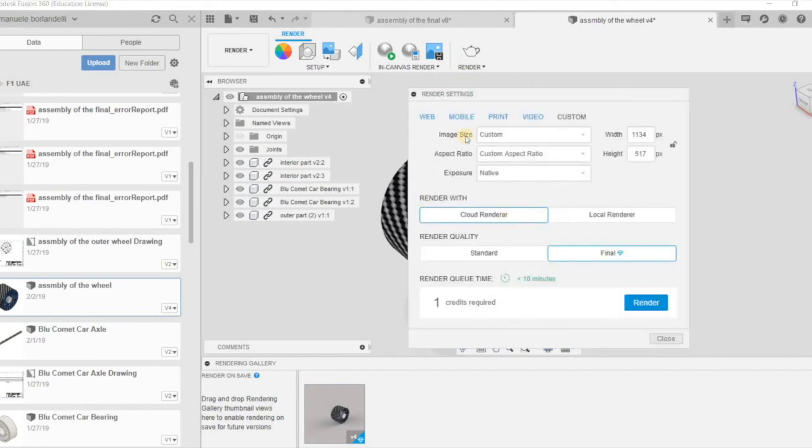So I'm just going to open it. Cloud render, image size. I can customize the width and the aspect ratio. Well, I won't talk about that too much, to be honest. And the exposure is native. But basically, there's also another option for which I think you require one more credit. But in Pool Words, what happens is you can blur everything in the background except for your body, which is good, but not ideal for us now. So I'm just going to render,